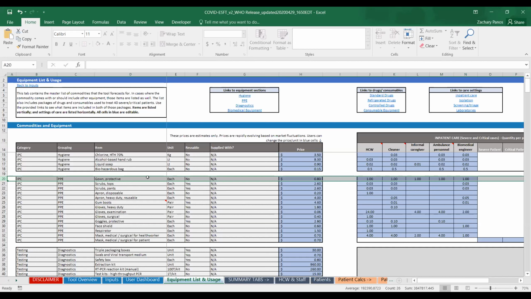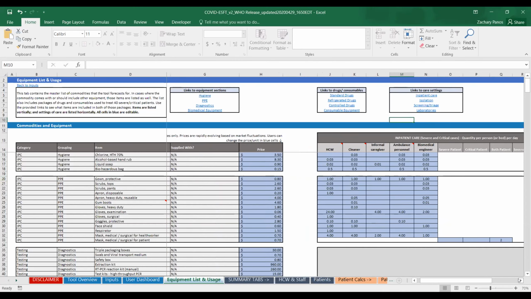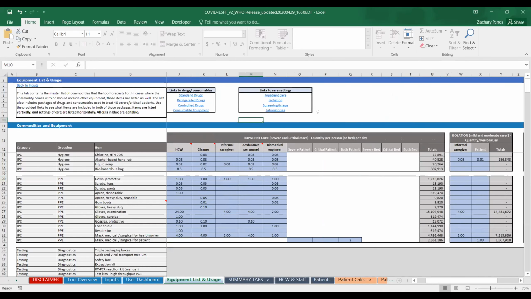And so to orient you to how this tab works is for a given row, which is a unique instance of a commodity, there are a number of care settings in which it can be used, and those would be inpatient care, isolation, screening, triage, and laboratory care. And so if you scroll to the right, you can see this first section is for inpatient care. So this is severe and critical cases, and the quantity per patient or per personnel, as well as the quantity per bed.